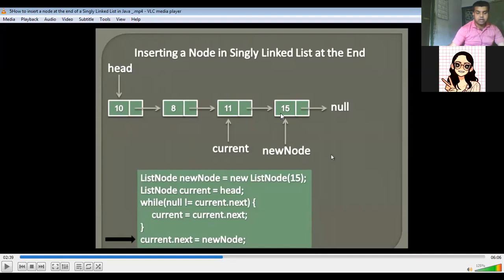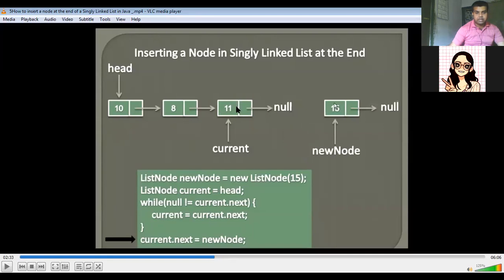Now 11 is actually heading towards nowhere. That means current dot next is equal to null presently. Try to understand: current dot next, that is this part, is equal to null. That means there is no other node present. That means at this position my loop will terminate. I will stop the loop. Why do I have to stop the loop? Because right now